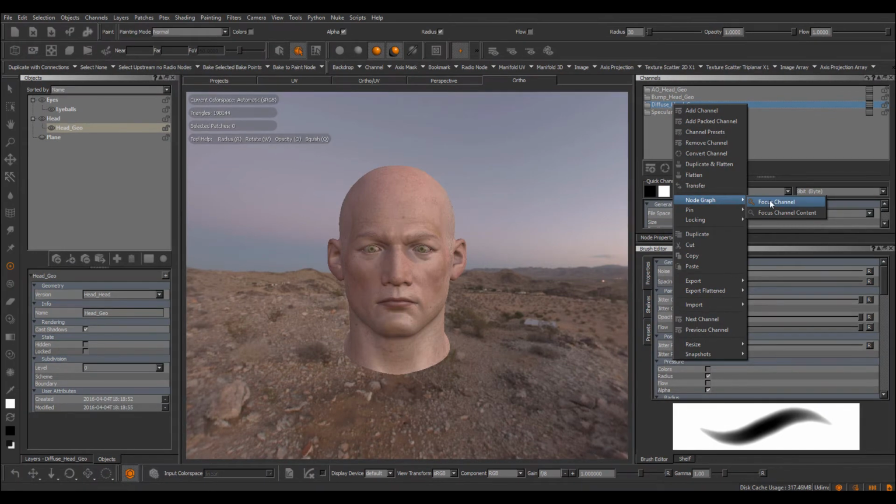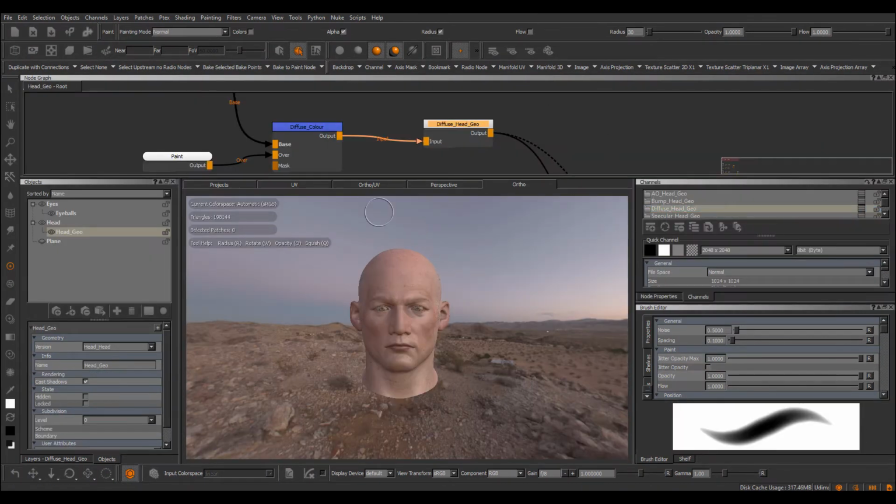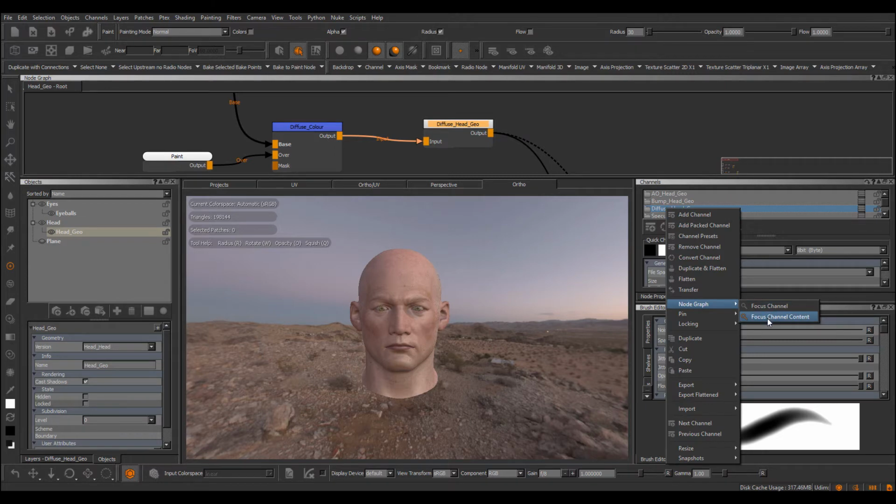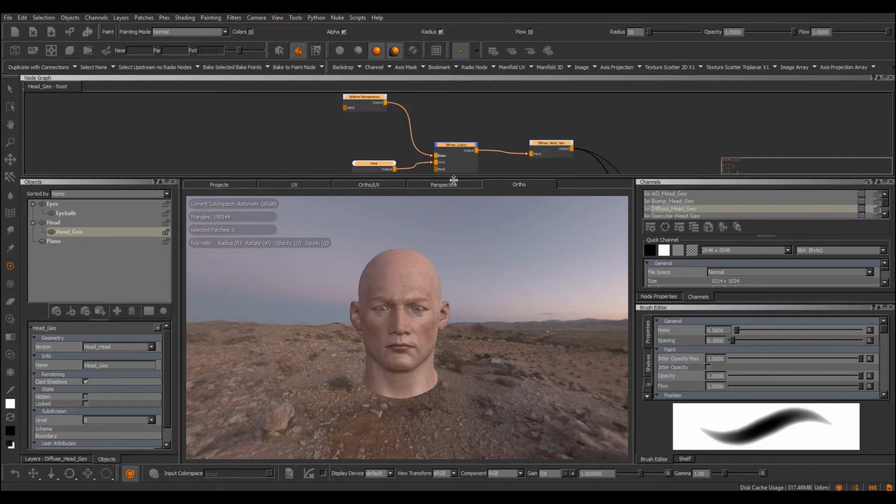If I choose the focus channel option, my Nodegraph palette will come up and the channel node belonging to the currently selected channel will be selected and focused. If I choose the focus channel content, all the nodes belonging to the currently selected channel will be focused and selected. So this is, for example, quite useful if you've worked in the layer stacks for quite a while, and